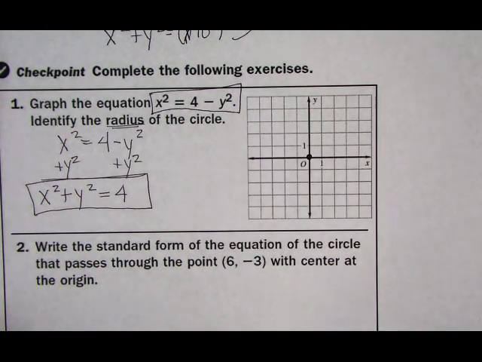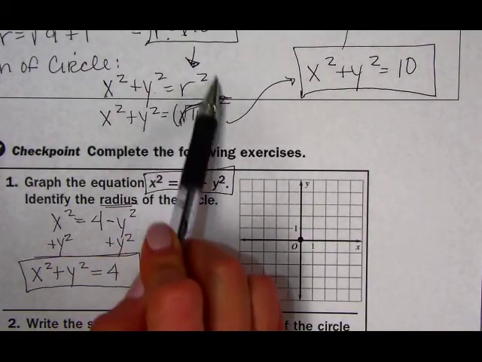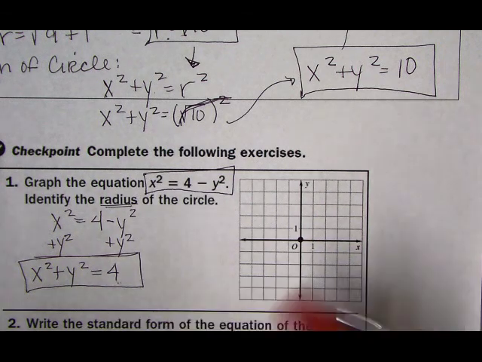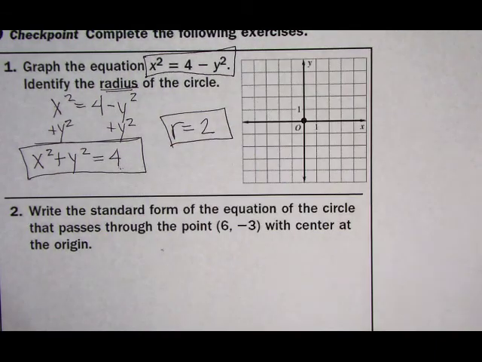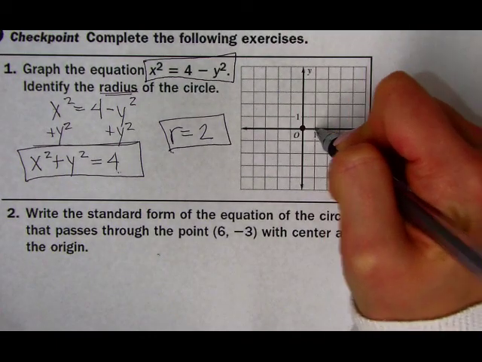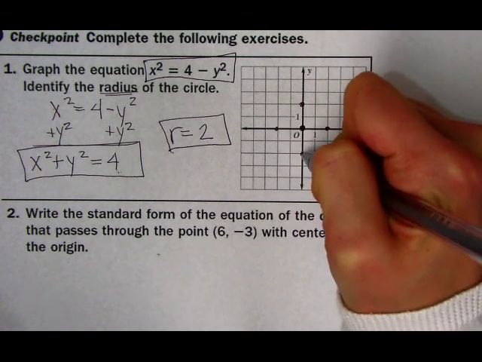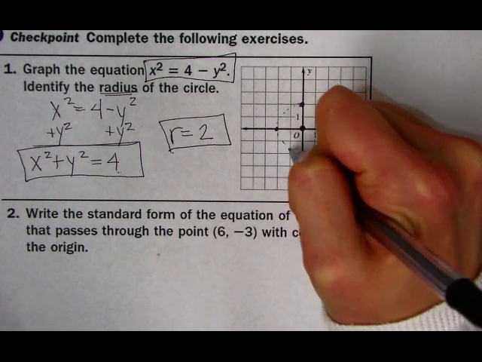Now remember, the radius, if I look back up here, x squared plus y squared is equal to your radius squared. So if my radius squared is 4, I have to square root it to get my radius. So the square root of 4 gives me my radius, that is 2. Since I know my radius is 2, I can plot several points that are 2 units from my origin, and I do that on my axis. So if I count 2 over, 2 up, 2 to the left, and 2 down, and connect them lastly with a circle,